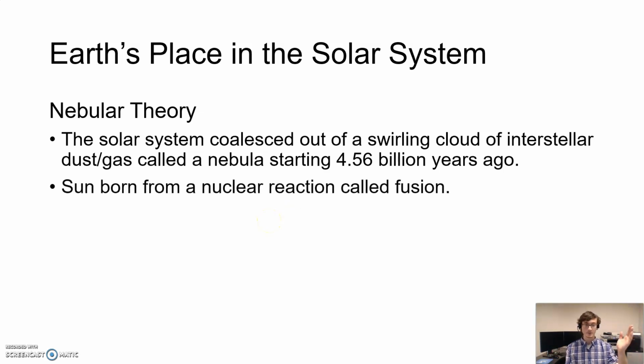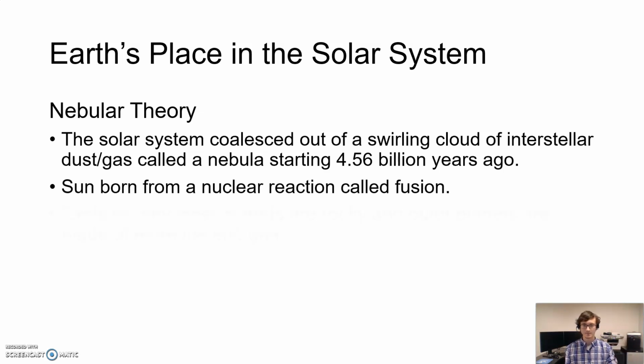So, the center of this nebula gets so hot and dense that the individual atoms in it start to fuse together. You put two hydrogens together to form helium and so on. This is actually the exact process that happens in a nuclear bomb. It releases a tremendous amount of energy, but it only happens whenever you have an incredible amount of force pushing